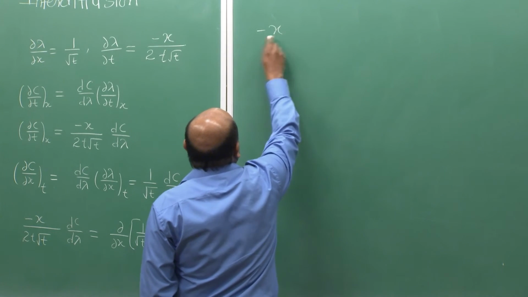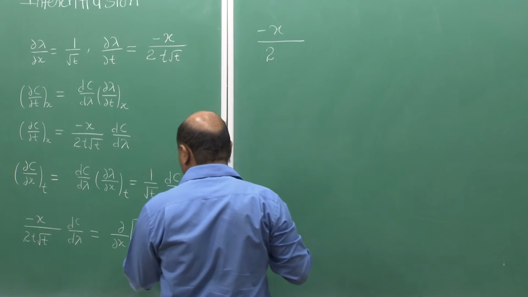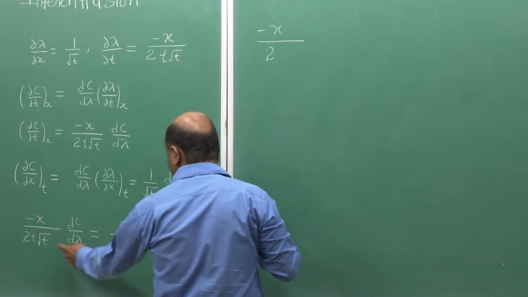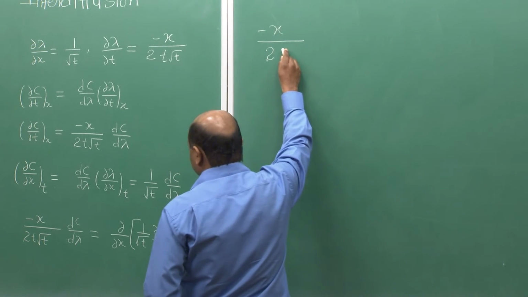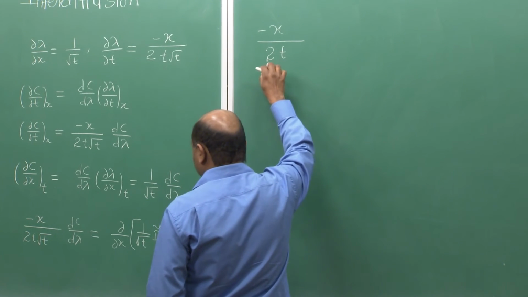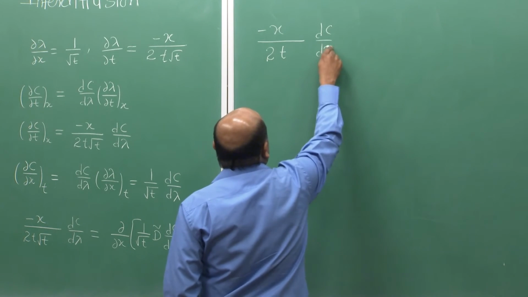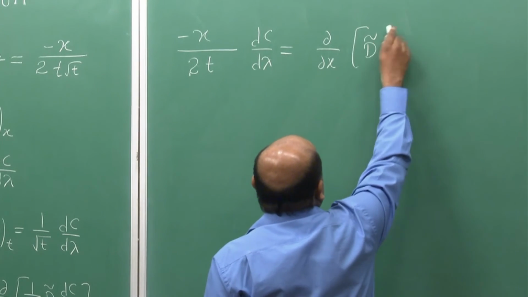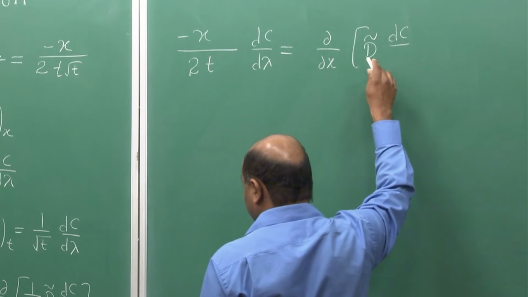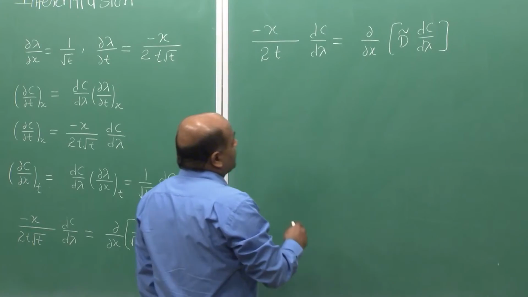If we take 1 by root t outside, it will get cancelled. We get minus x over 2t dc/dλ equal to ∂/∂x of D tilde dc/dλ. Now, this